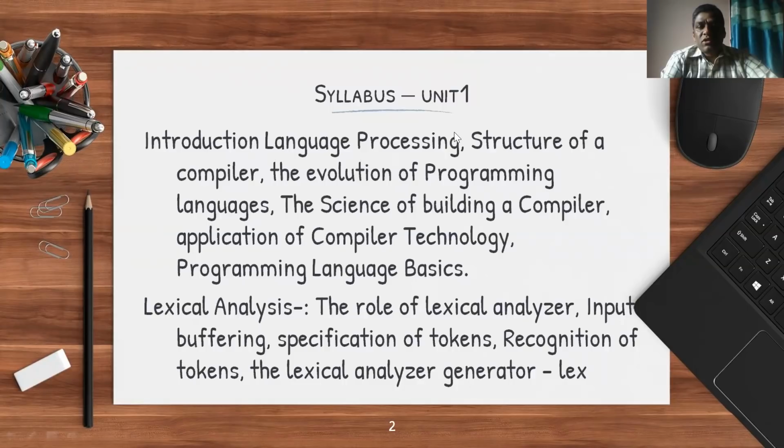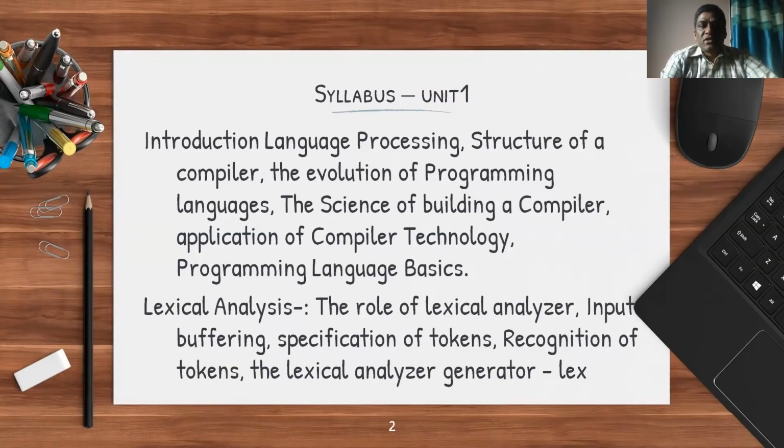We'll discuss several types of language translators, and also differentiate between the types of translators, and then we discuss the structure of a compiler, how actually a compiler looks like, how it works, what are the different phases of compiler, all these things.